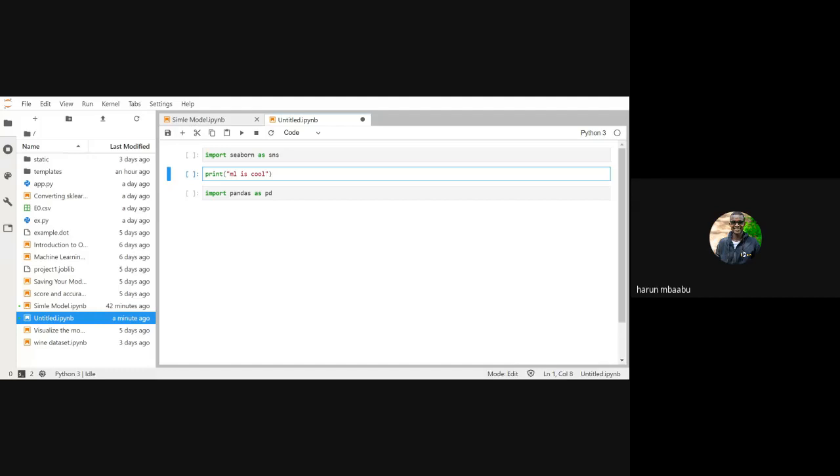You press Control and forward slash to comment a line in Jupyter Notebook. To uncomment it, use Control forward slash again to reverse the process.